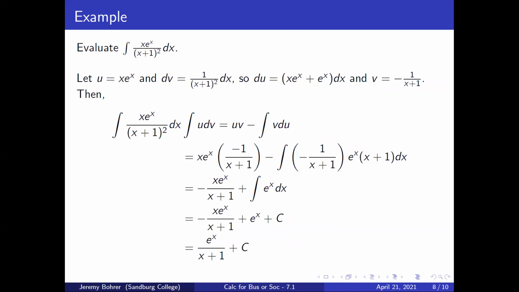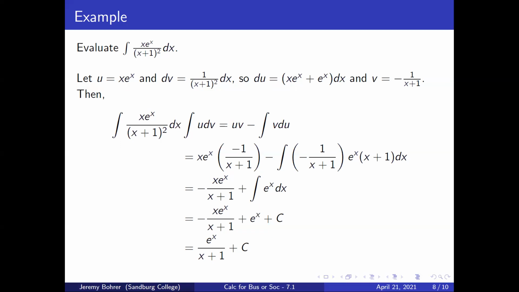Evaluate the integral of x e^x over (x+1)^2 dx. Let u = x e^x and dv = 1/(x+1)^2 dx. So du = (x e^x + e^x) dx, and v = -1/(x+1). Then the integral of x e^x over (x+1)^2 dx is equal to